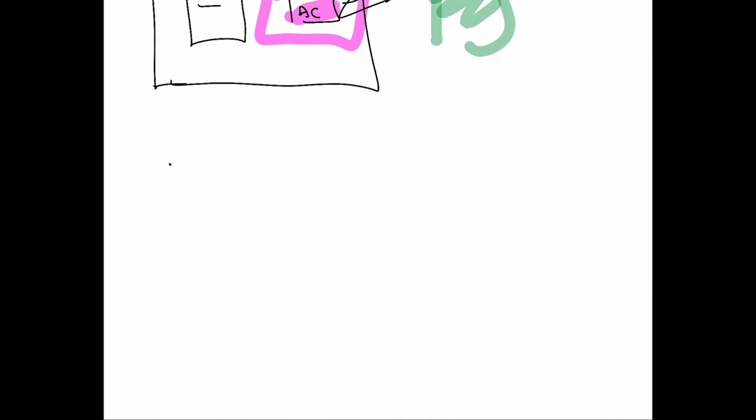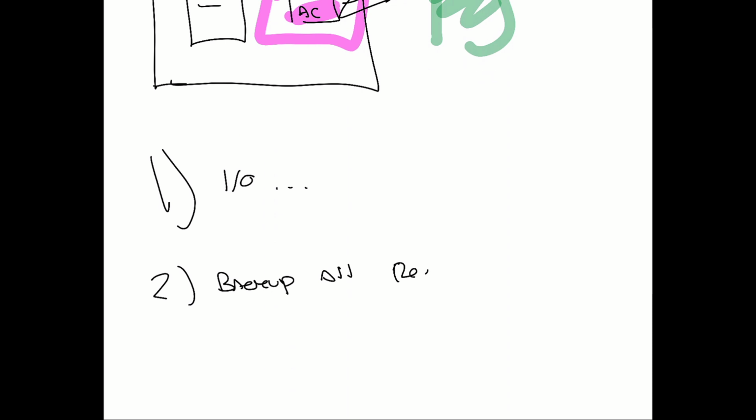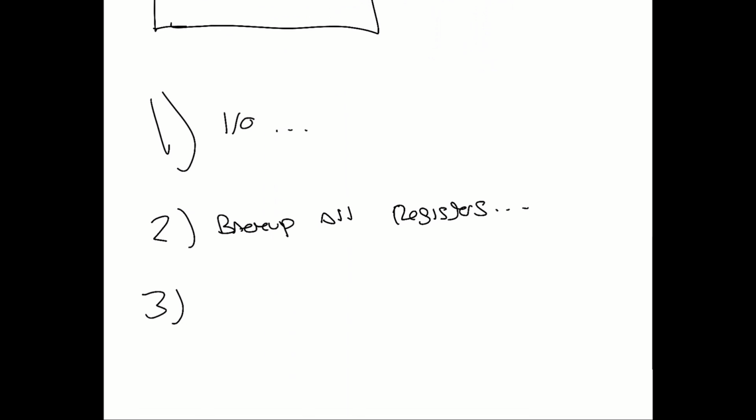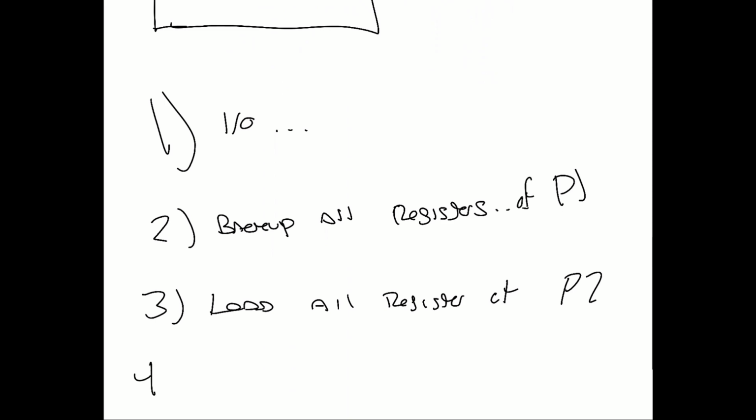So basically, step 1 is that there's some IO, and because there's some IO, you're going to back up all registers, let's say. All registers. That's step 1. Step 2 is basically load. If it's a new program, you just load it in, but if it's something you've already run before, you're going to have to load all registers of process 2, backup all registers of process 1. Okay? Then eventually,